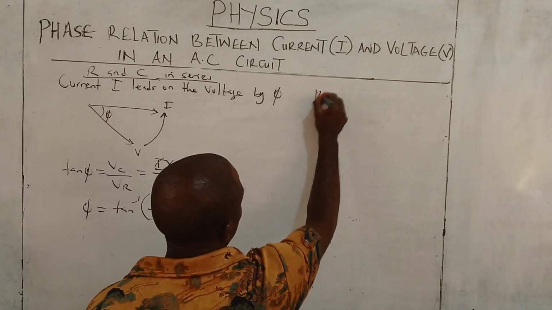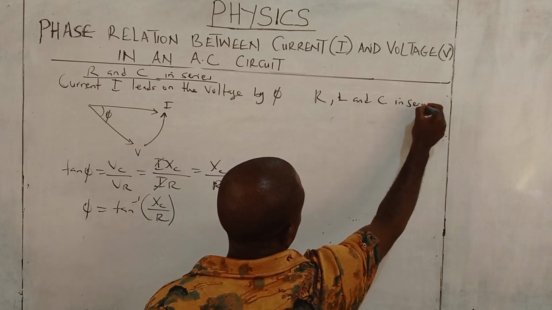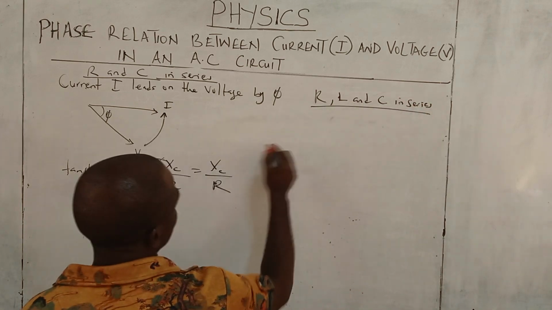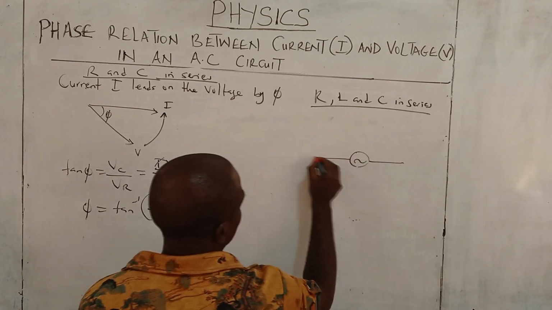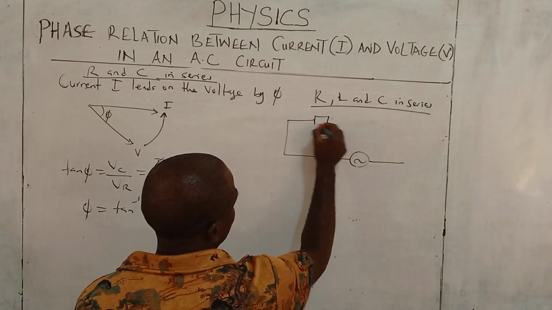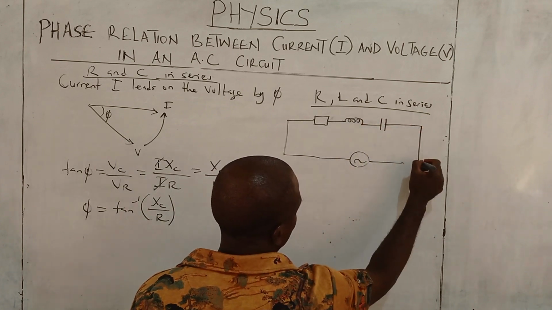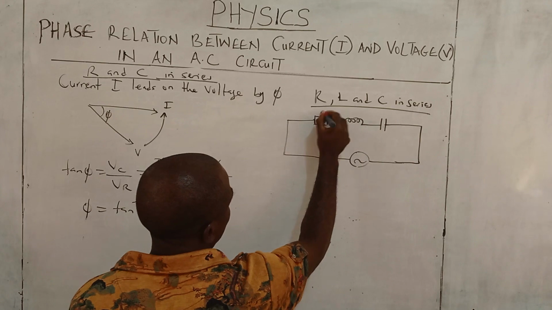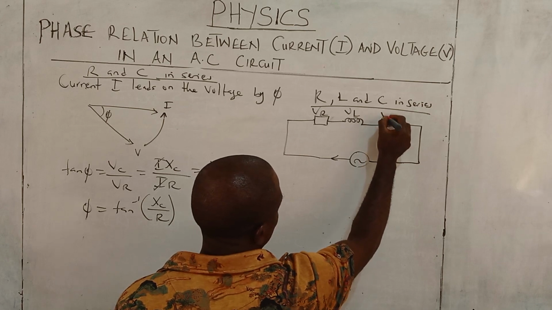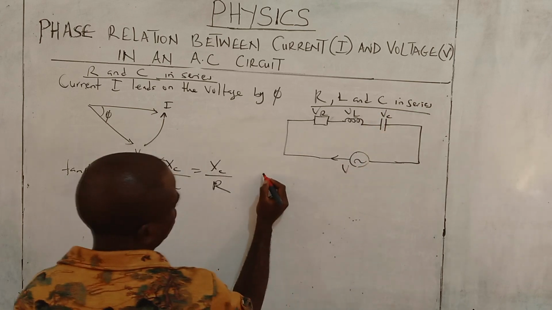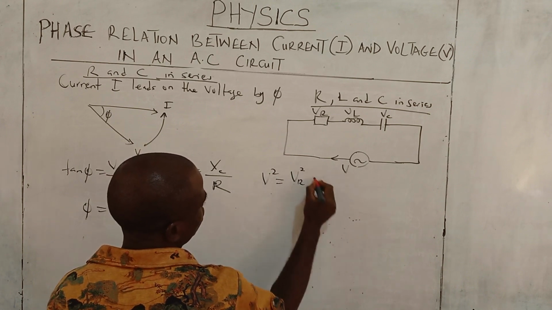And when it involves R, L, and C in series, it's similar to what you have been doing. You see, you have the resistor, the inductor, and the capacitor. The voltages are VR, VL, and VC. This is the source voltage. Now we have V squared equals VR squared plus